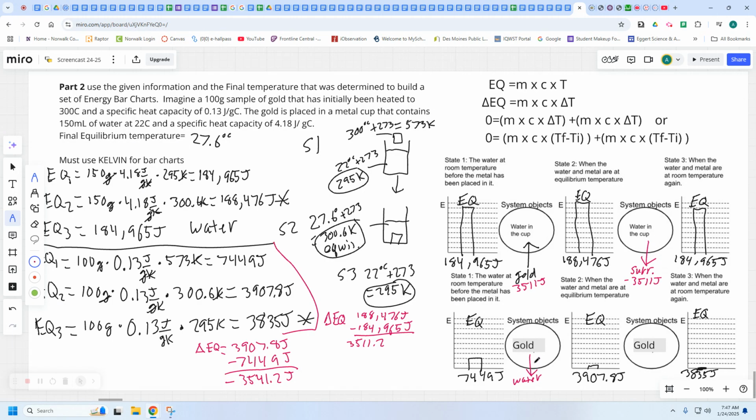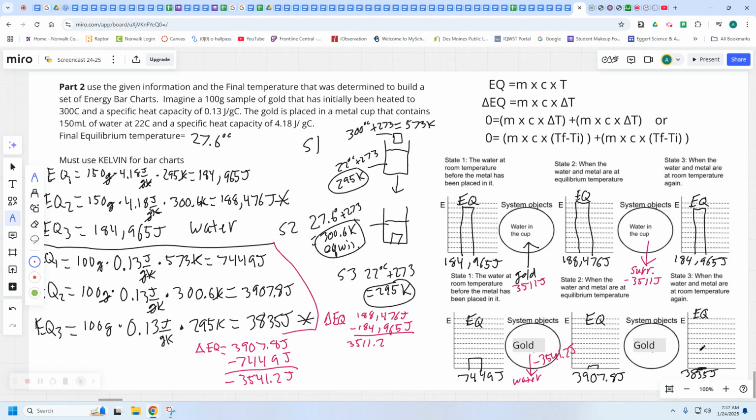and I want to label how much goes on there. Negative 3,541.2 joules, if you can fit it. And again, some of these values might not add up. The energy donated from the gold to the water in the problem above should be the same as the one below, but because of rounding and other issues from the previous calculation, these are slightly off, but they're reasonably close enough for now. All right, now the EQ transfer from state 2 to state 3, I can't simply copy